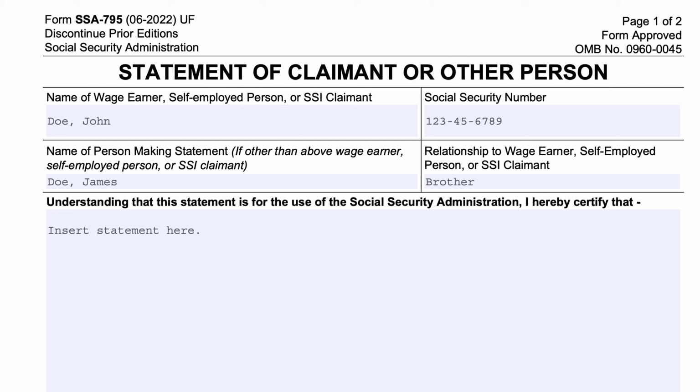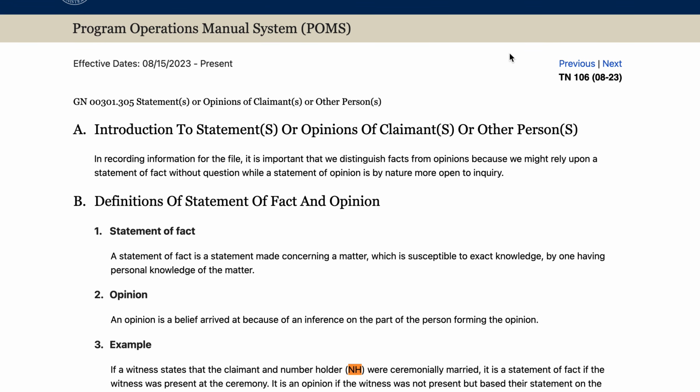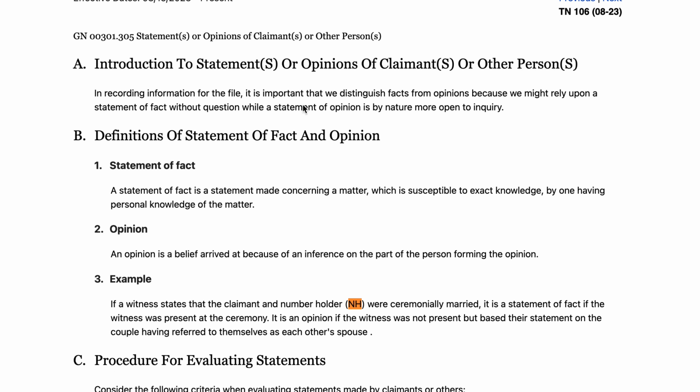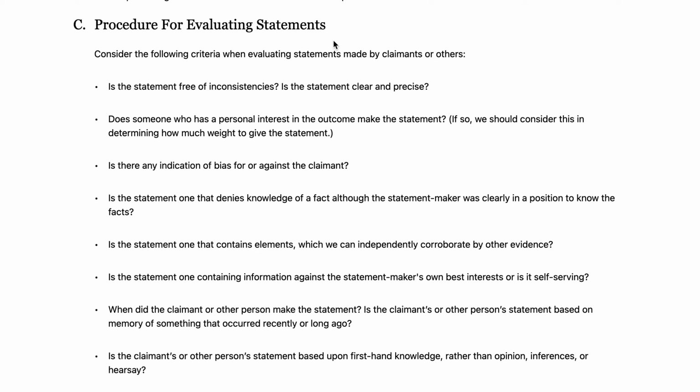So in researching this video, I did take a look at this. This is the Program Operations Manual System, known as the POMS. This basically is kind of the guidebook for the Social Security Administration. So some of the things that they will be looking for when they evaluate your statement are, you know, is